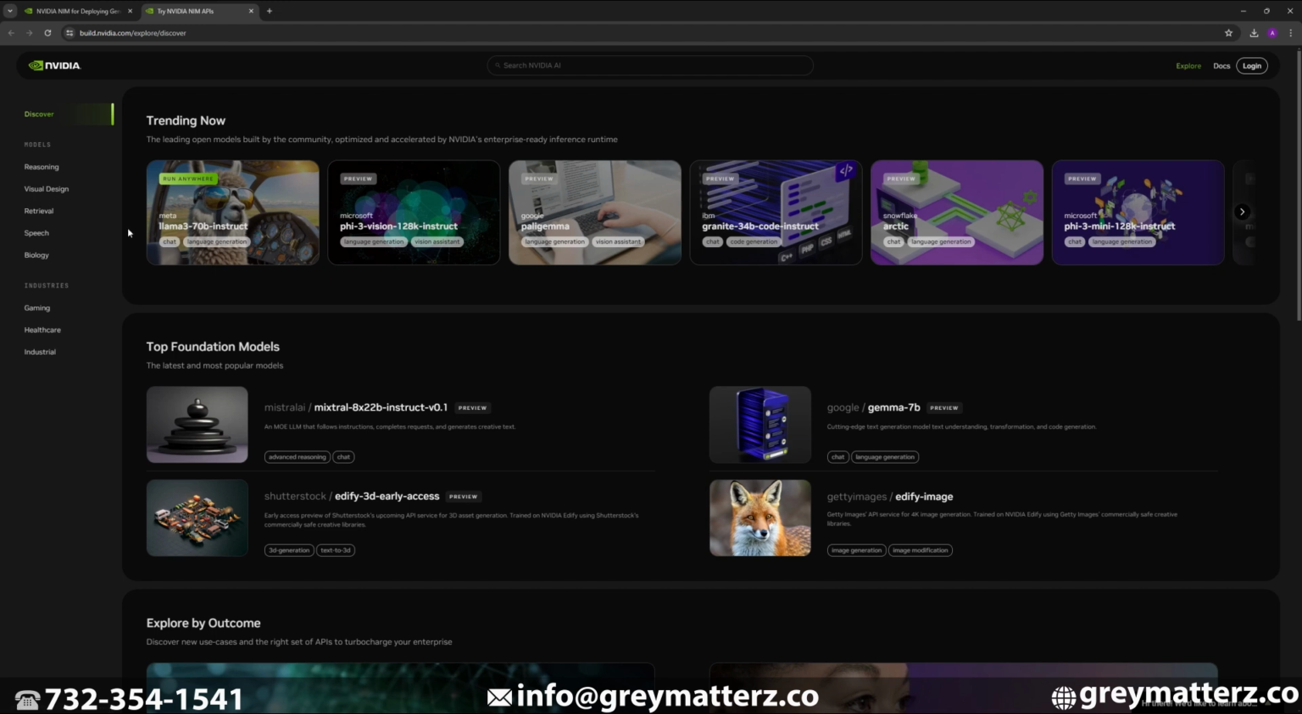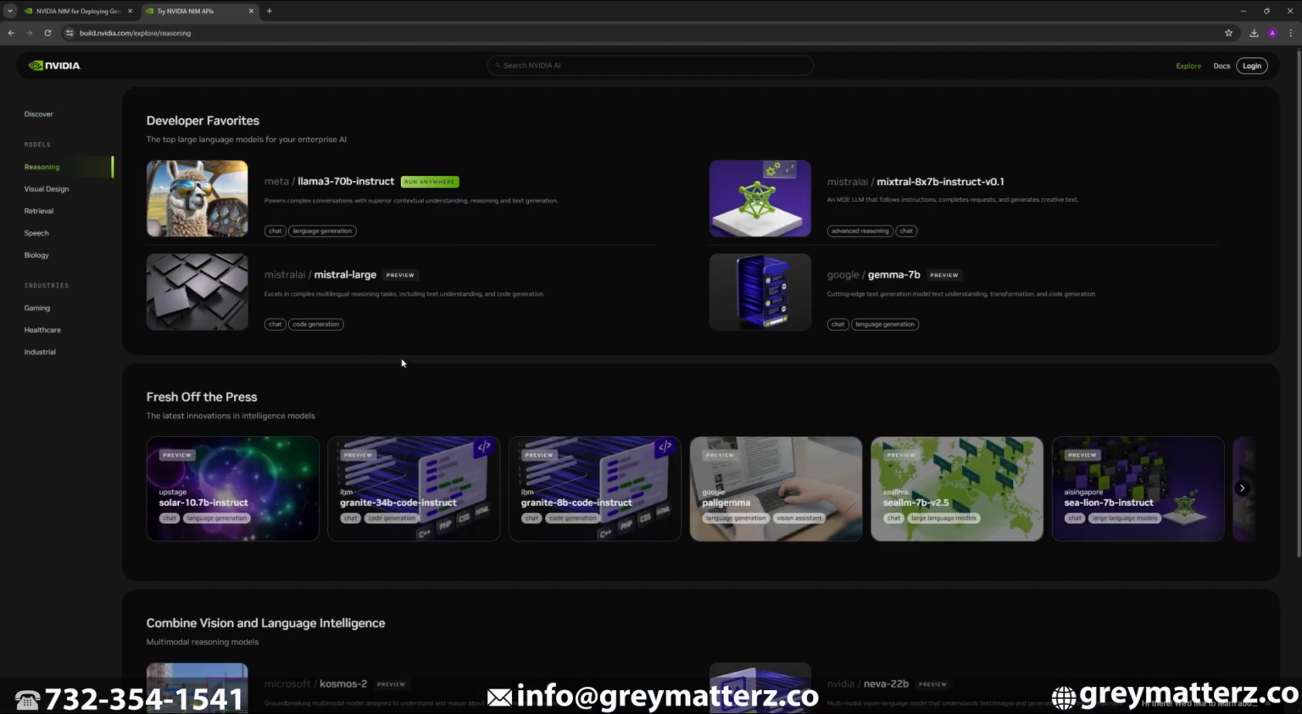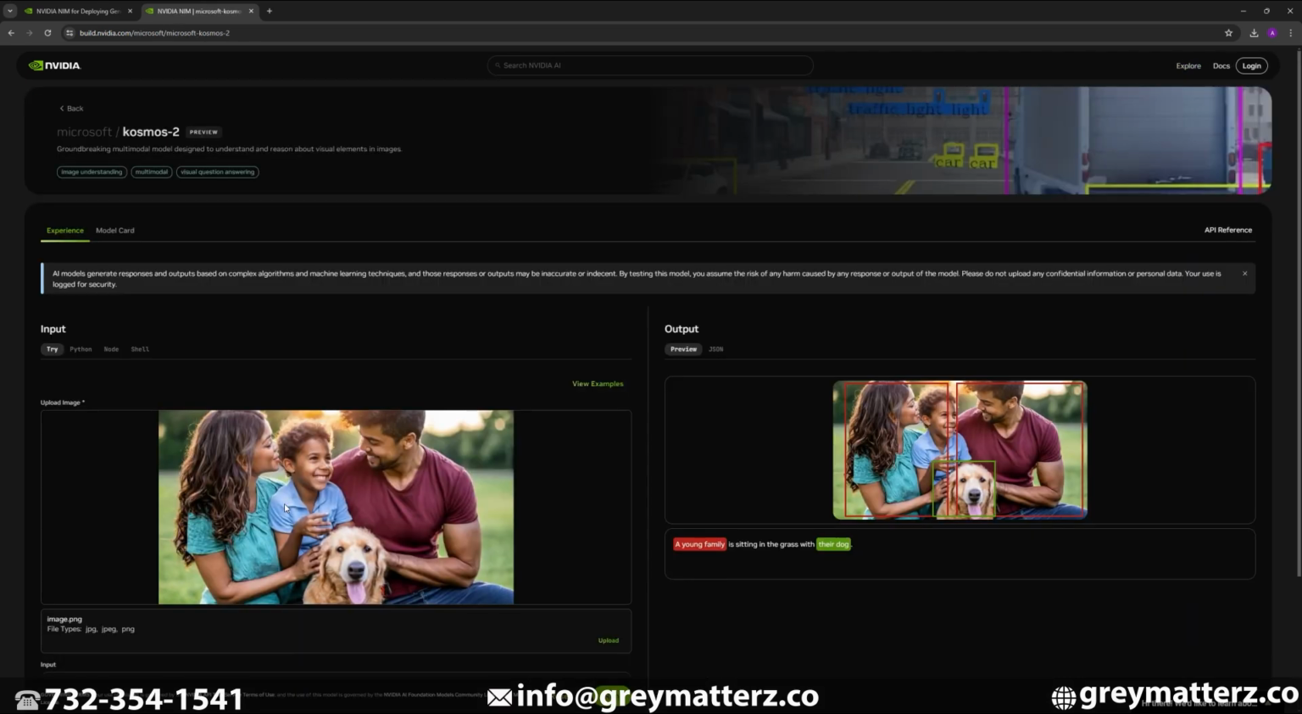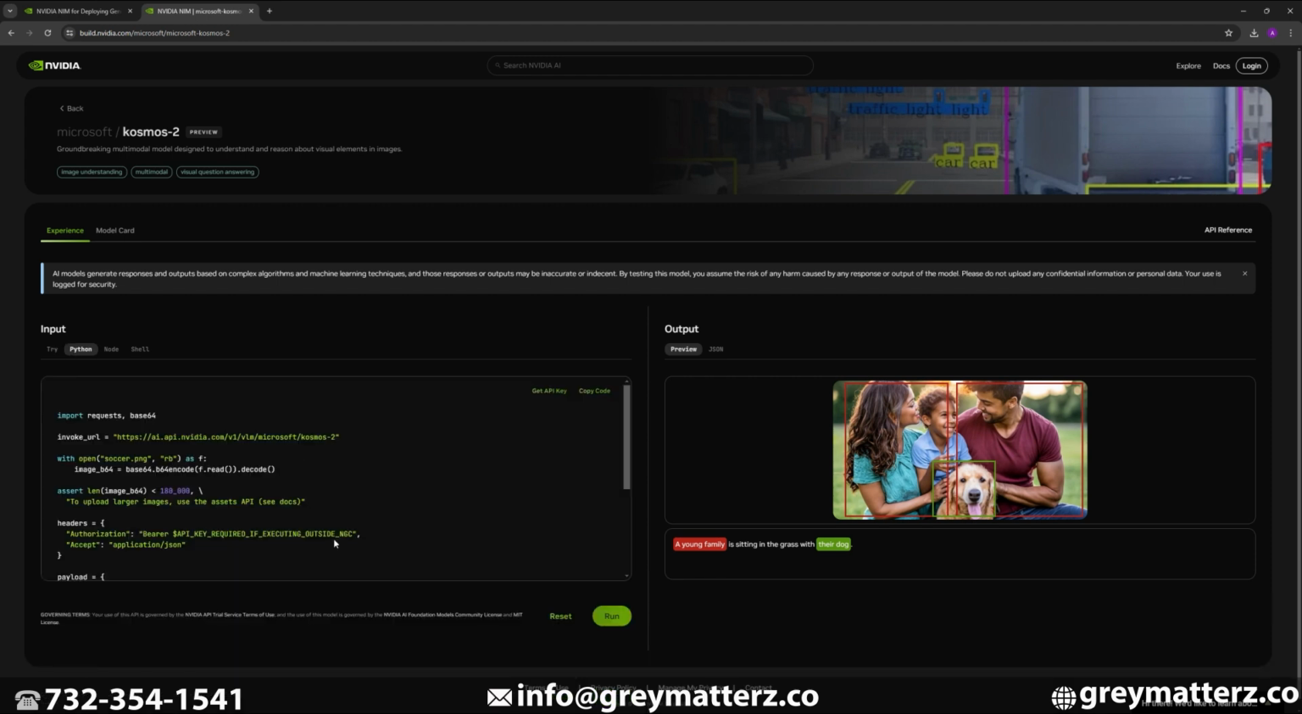Click on Reasoning. In Reasoning, you will find the text models and vision models. So we are going to try out the Kosmos 2 vision model from Microsoft. Click on the Kosmos 2 model. Here you will find the user interface to try the model and the code which you can integrate into your